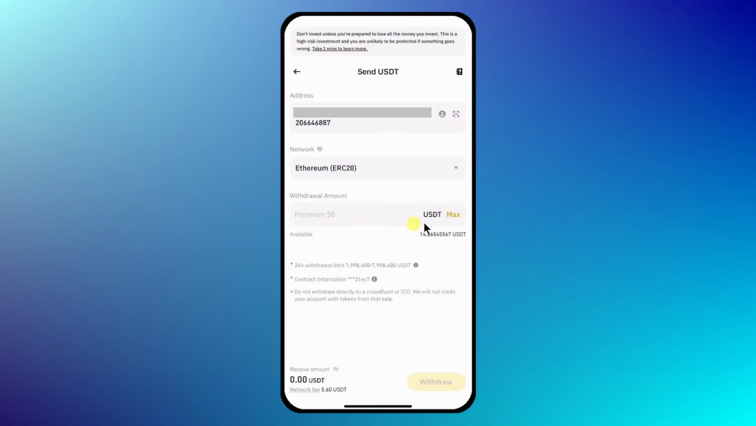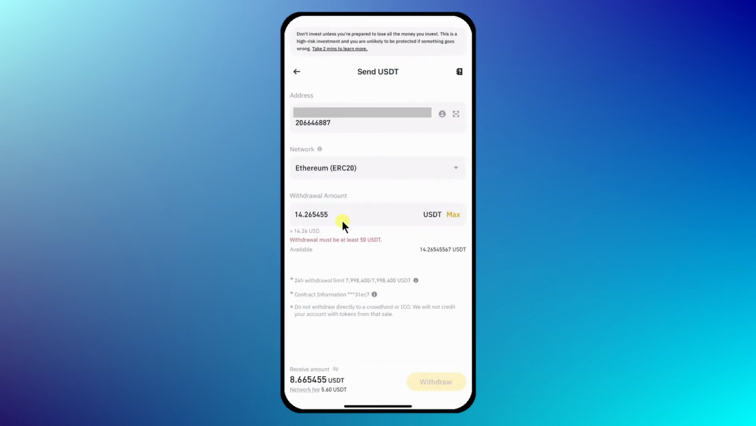Next, type in the amount you wanna send. Binance has a minimum withdrawal requirement. Here it is 50 USDT, but I only have 15, so I need to add more before I can continue. Finally, tap or click withdraw. You will be asked to complete security steps like two-factor authentication or an email verification. Once you confirm, your withdrawal will be processed,